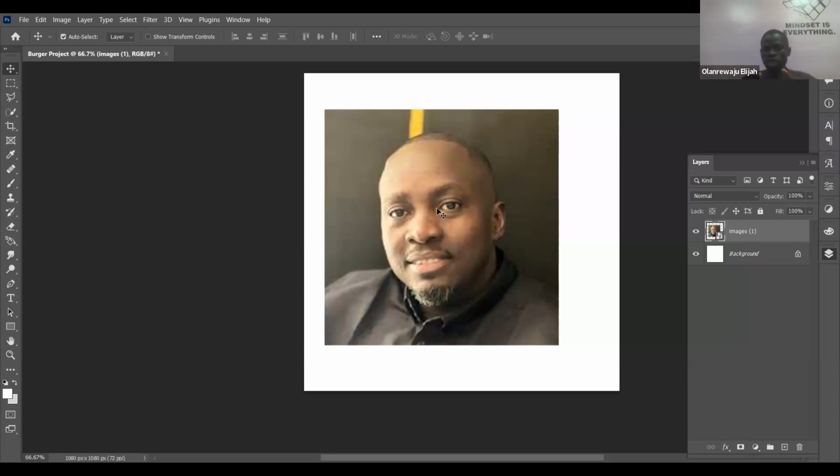What they need to do is what? It's either they put up maybe a red background when they are taking the picture, or you can do the magic here in Photoshop. Right. So after you have now cropped this guy out, you can now apply any background you want to put on it. The passport I'm using now, I just opened it, cropped it in Photoshop, and applied the background that I want on it.